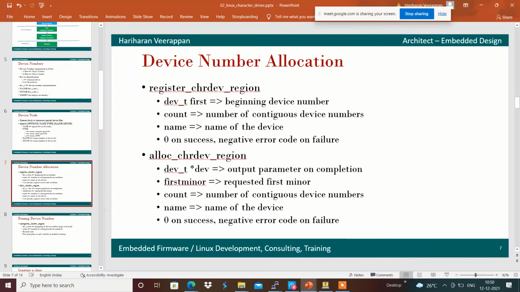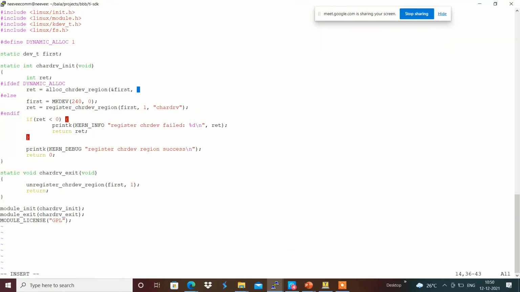Once it is filled, we will have the first minor number which we wanted, which is 0, and the number of minors that we require is 1, and the file name chardrv over here that we are going to allocate with the alloc_chrdev_region.